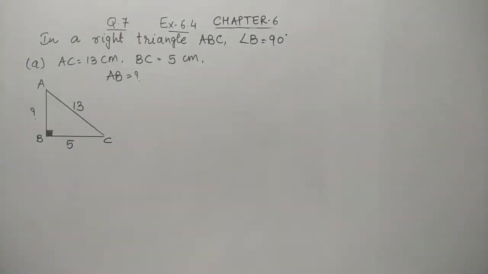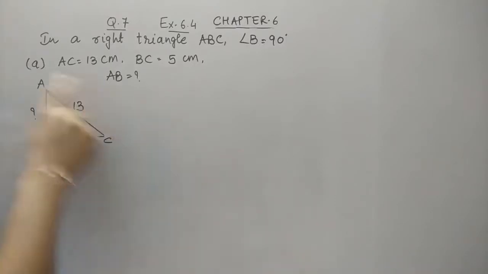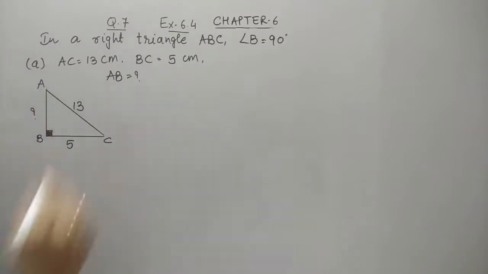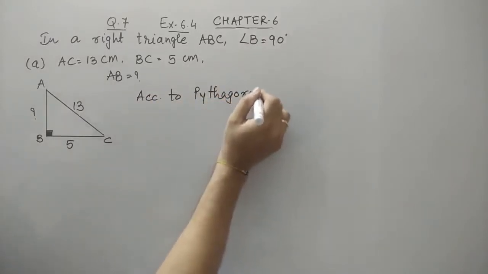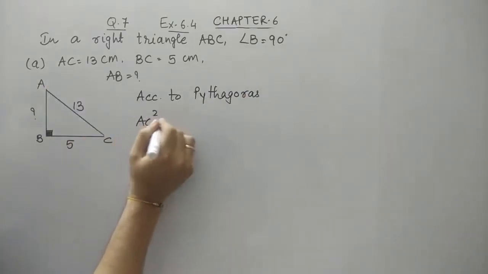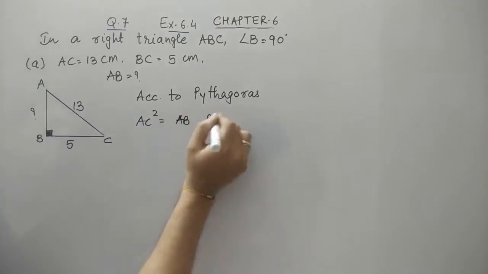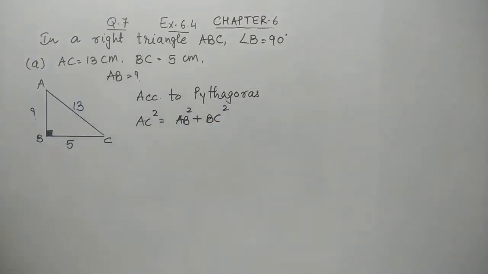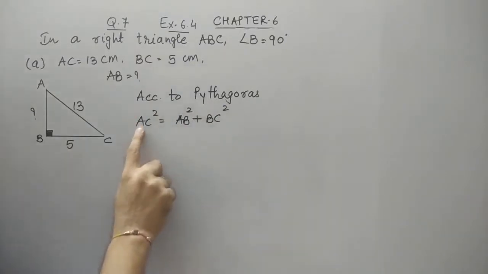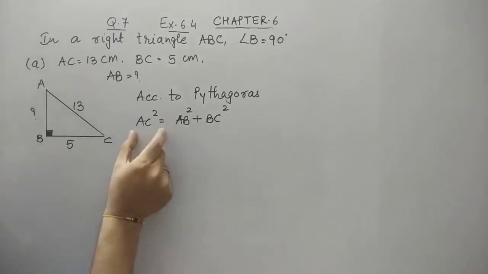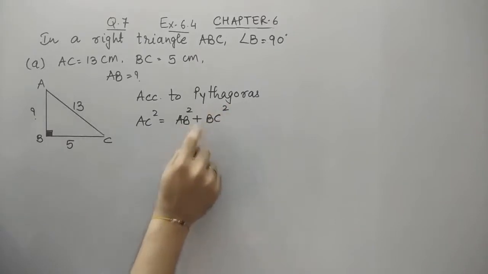In this question you can see that AC is given, but AB we have to find out. Again, this is a right angle triangle. We have to find one of the sides, so obviously we'll use the Pythagoras theorem. As I explained in the previous question, we take the square of the hypotenuse, which equals the sum of the squares of the other two sides, AB and BC. This is fixed. Remember students, if the right angle changes, if A becomes the right angle instead of B, the hypotenuse will be different. So we don't have to remember AC square equals AB square. No, you have to remember that the hypotenuse square equals the sum of the squares of the other two sides.